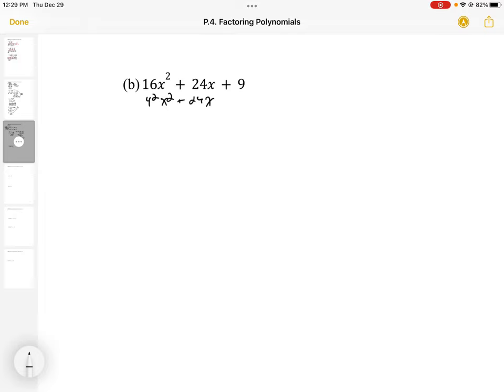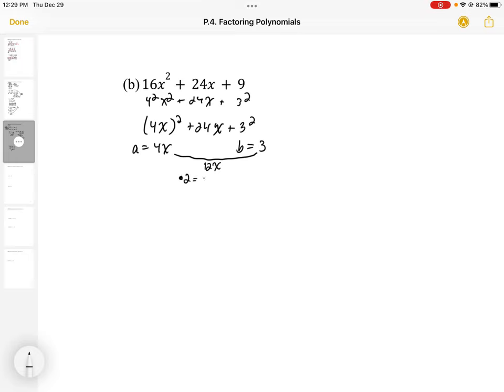And we could rewrite 9 as 3 squared. So this first term would really be 4x squared plus 24x plus 3 squared. Our a then would be equal to 4x. Our b would be equal to 3. If we multiply those two together, we get 12x. If we double that,